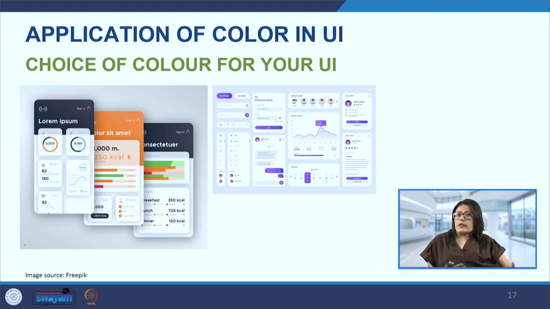We don't want things to be scattered or things not make sense. So for that purpose, we have to have a good understanding of the color wheel. Then we also have to see what is the link between the brand's personality and the color scheme. So we saw in the earlier slide how different brands are using certain colors to convey the brand's position or the brand's promise to the customer.